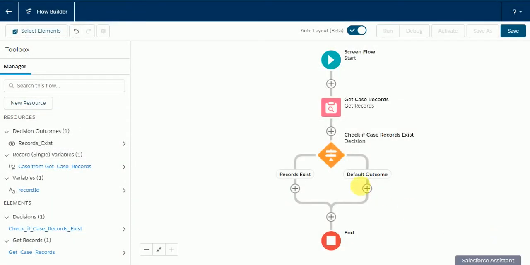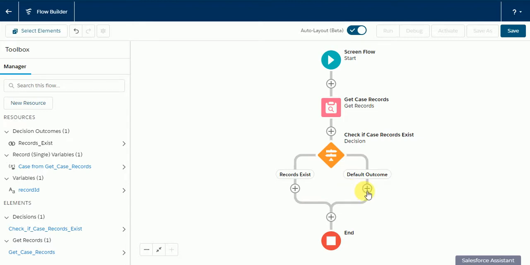So if the records exist, I'm going to show another screen to display the list of case records. And if no records exist, I'm just going to display a screen with a message that there are no records.